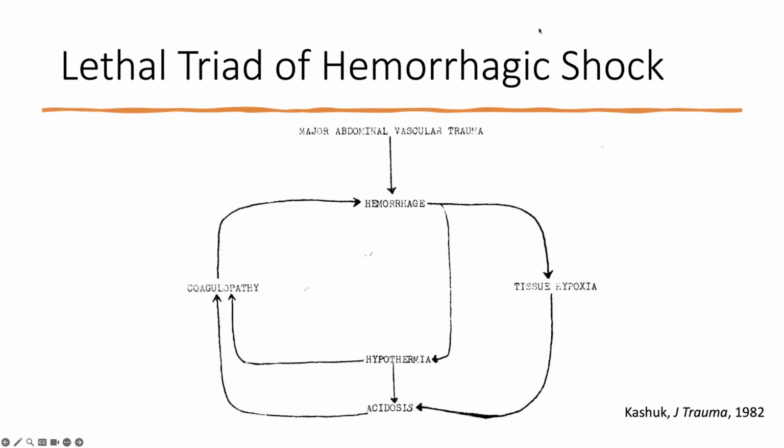So if we start with the lethal triad, this is actually the drawing from the Journal of Trauma article from 1982. And I absolutely love it because this is one of the most groundbreaking physiologic phenomena in traumatic hemorrhage. Basically, it was first described by some guy with colored pencils and a typewriter who just put this together. So, truly a remarkable advancement in our understanding of hemorrhage came along in 1982. And so basically, the components are,